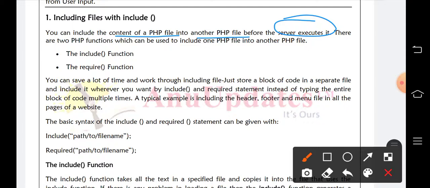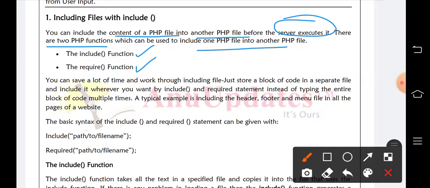Actually, there are two PHP functions for this: the include function and the require function. Both functions are used to include one PHP file into another PHP file.